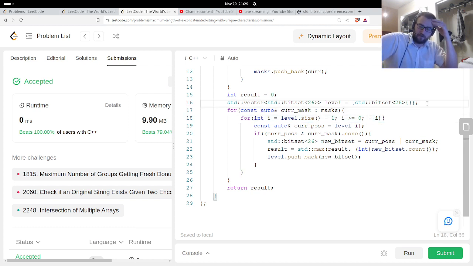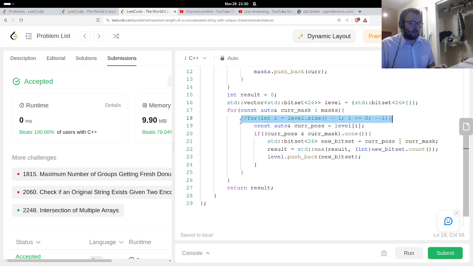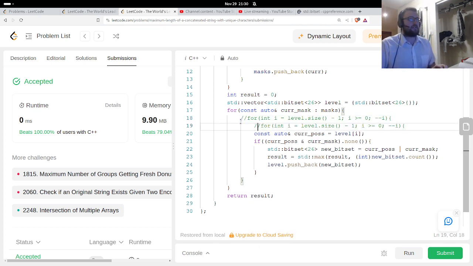The reason you go backwards is that if you go forwards, the new element you just added is going to be counted a second time. As soon as you add that new element, you're going to try to iterate again on that element. This particular problem, you actually don't need to go backwards. You could go forwards if you wanted to. It should still give you the right answer. It's just less efficient if you do it that way.